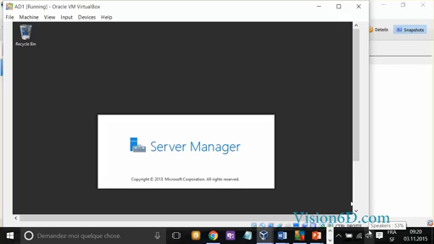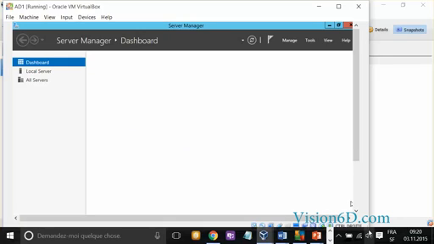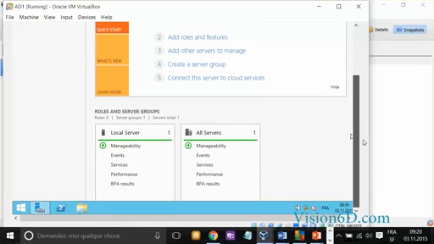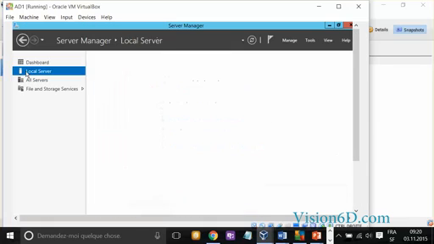The Server Manager is always the first thing to start. There is an option where you can untick this, but when you do installation and management, it's always a good thing to have this starting. So now we'll see what happened. The dashboard is telling us that there are the local server and all servers. So we'll go to the local server